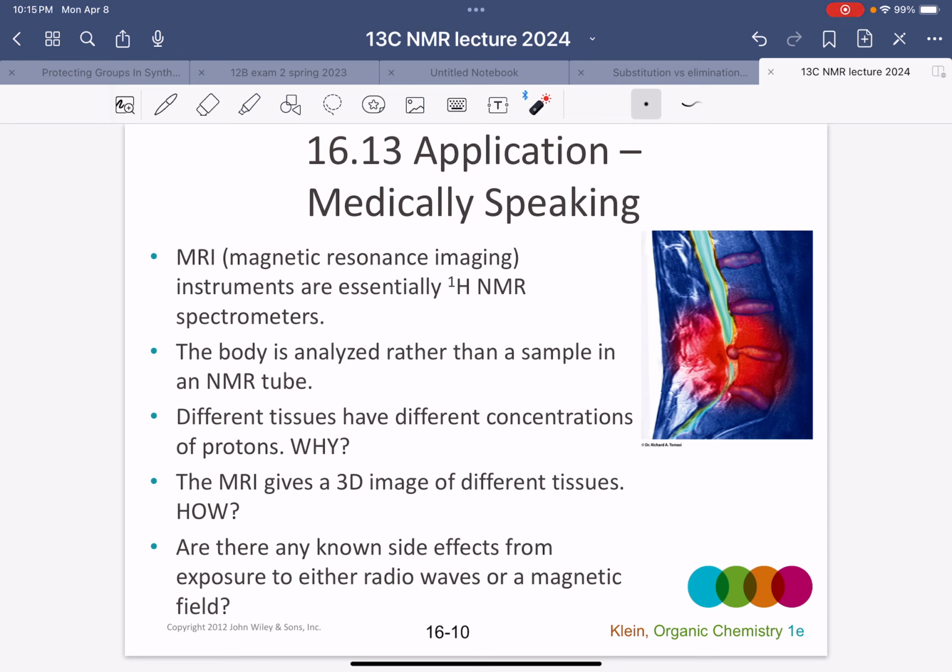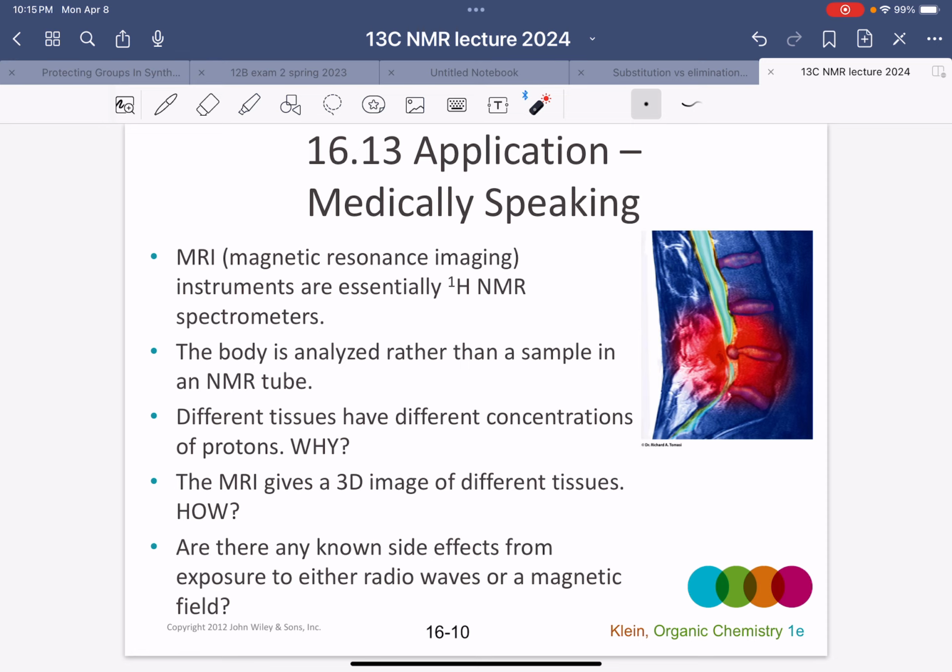They're the people who administer radioisotopes for treatment of cancer and stuff like that, which we can talk about another time. Anyway, MRI makes use of the magnetic resonance phenomenon because we have a lot of water in our bodies. And so the body is actually analyzed in a big, not a tube, you don't get put in an NMR tube, but you do get slid into a